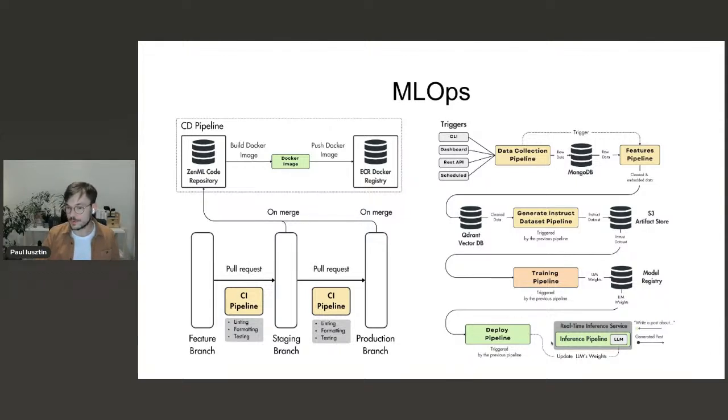And here on the deployment part, where you want to take the model and deploy it to production, you can adopt various strategies, like checking if the evaluation metrics of the new model are better than those of the previous model. Then you can adopt techniques like A/B testing or canary testing, all of this before actually pushing your model to production. And this usually depends on the maturity of your system.